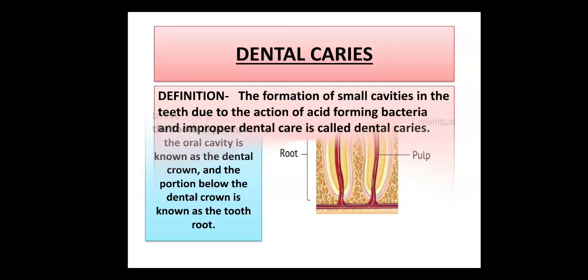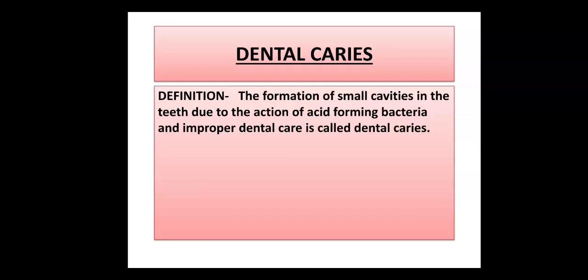Next we will see the dental caries definition, what exactly dental caries is. The formation of small cavities, holes in the teeth due to the action of acid forming bacteria and improper dental care is called dental caries. If we are eating a lot of chocolates, a lot of junk foods or our daily food, and if we are not brushing our teeth regularly, if we are not giving proper dental care,